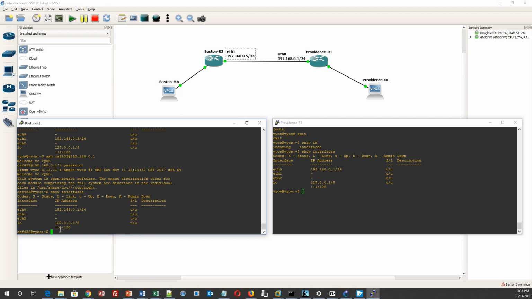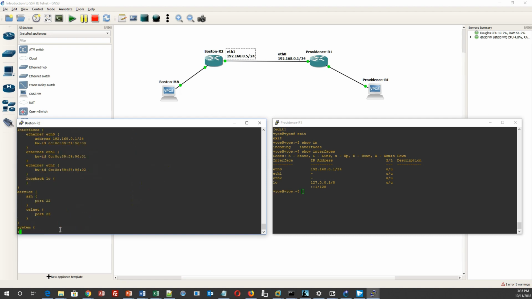So if I was to write show configuration, you will notice that I have the services that are configured for this router. I can see the usernames that have been configured for this router. I can actually make changes in this secure shell for this particular router, right? So if I was to, let's say, set up interface one because it hasn't been configured, I can actually do that, right? So let's say I want to configure,